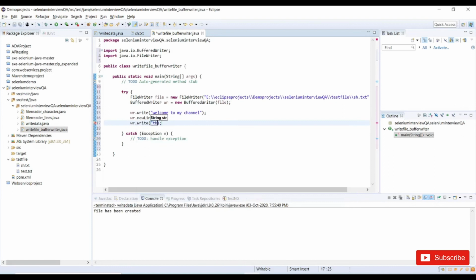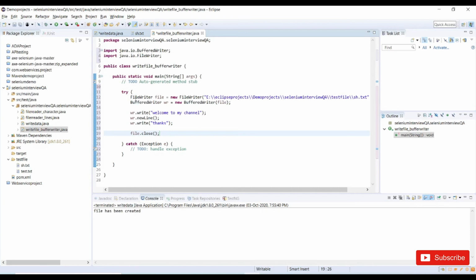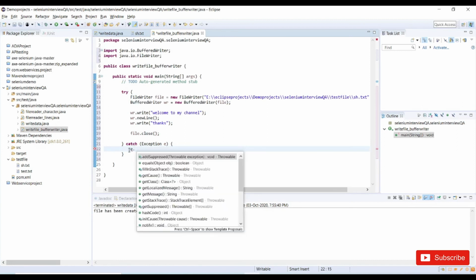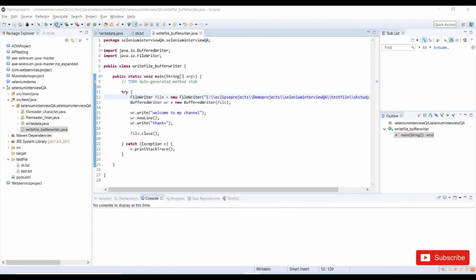And after writing the data into the text file, we need to close the file, dot close, and we have given a try catch. Under the catch I will provide e.printStackTrace if any exception occurs. Now I will change the file name to shstudy. Okay, let me save and run the program again.